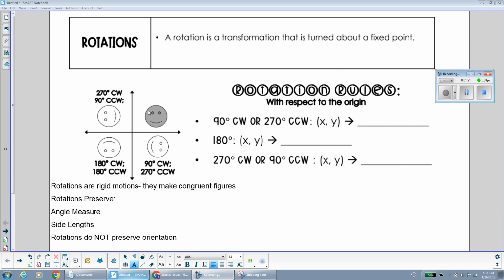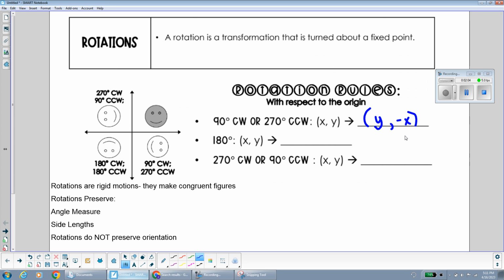As you can see from the smiley face in the image, when you rotate it around the coordinate grid here by different degree measurements, it's facing different directions, not always oriented the same way after a rotation. We do have some rules for rotations, and I do like the rules because they make our life a lot easier. For 90 degrees clockwise, which is the same thing as 270 degrees counterclockwise, the rule is that you take your original point, you make your original y coordinate, your original x coordinate the opposite sign, and